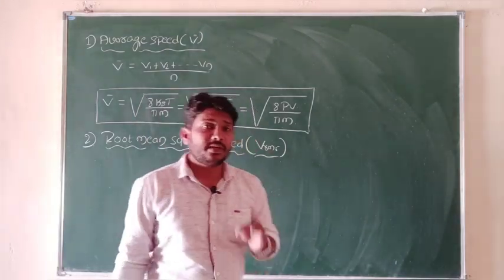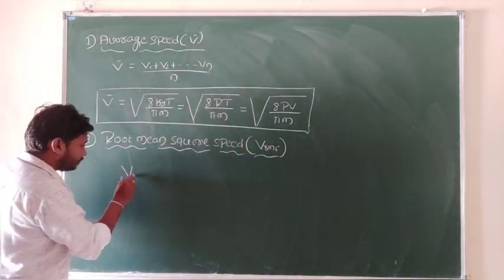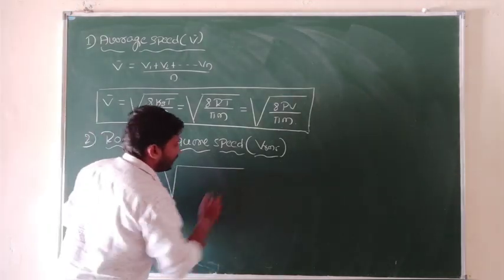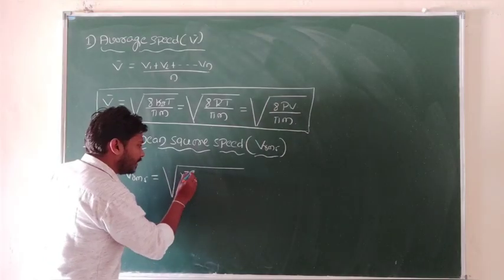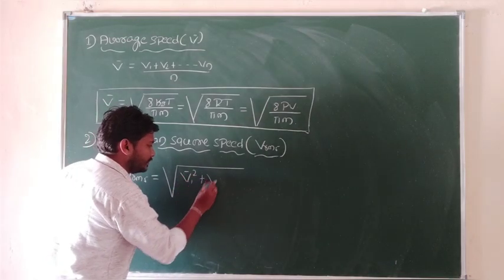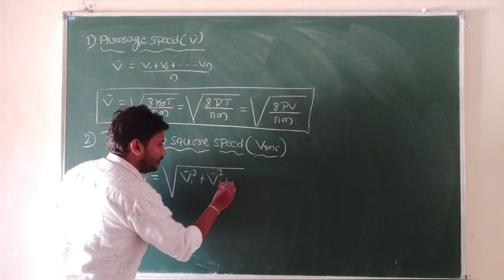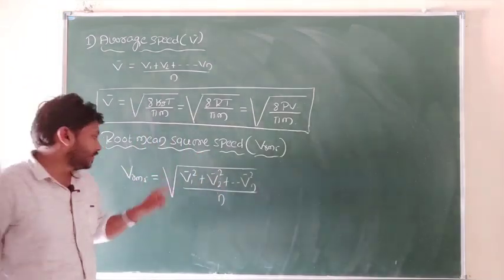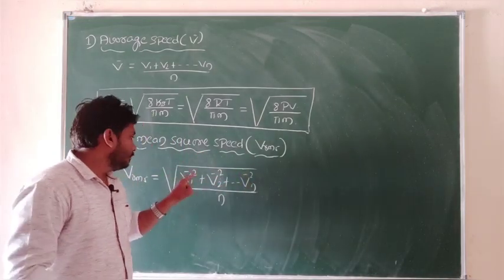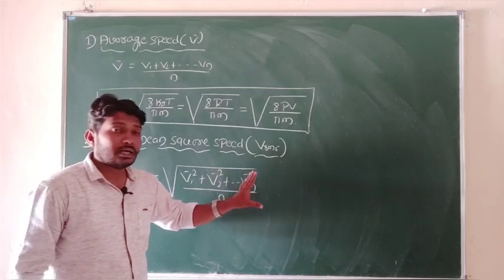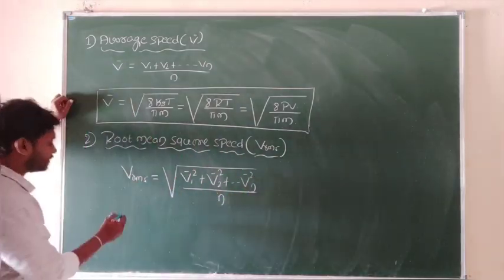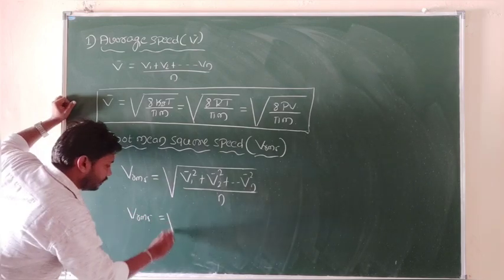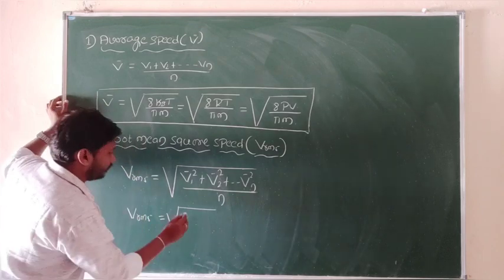Root mean square speed is the square root of the mean square speed of all the gas molecules. You can call it root mean square speed. And the equation for root mean square speed is VRMS, which is equal to the square root of